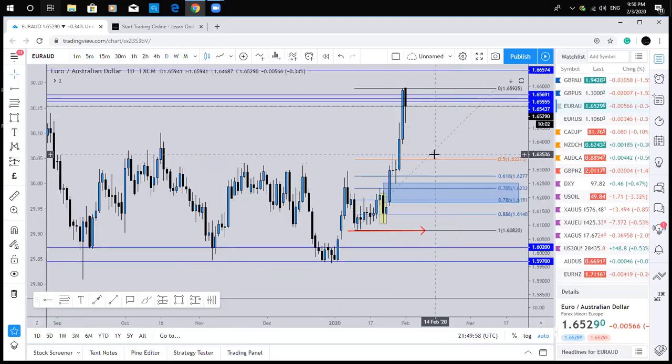Again, similar with the pound, I want to see it come past the kill zone, see how it reacts off that imbalance, possibly another entry for the buy. So I will be watching this around the 163 level, and then we can really come alive, and I'll be watching it on the smaller time frames for the best possible entry.